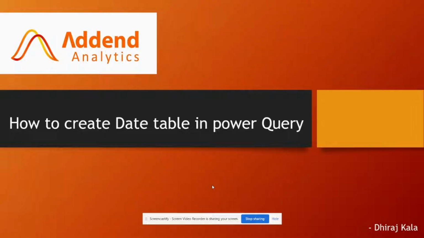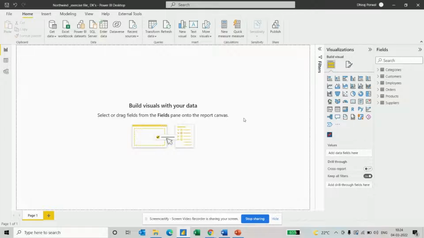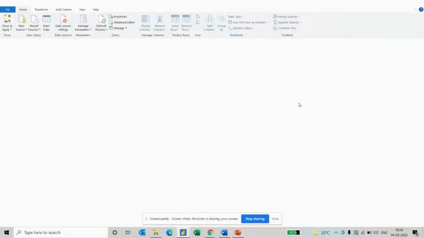Today in this video, I'm going to explain how you can create a date table in Power Query. So let's head over to Power BI desktop. This is the main screen of Power BI desktop. So to create a date table in Power Query, we'll go to transform data,